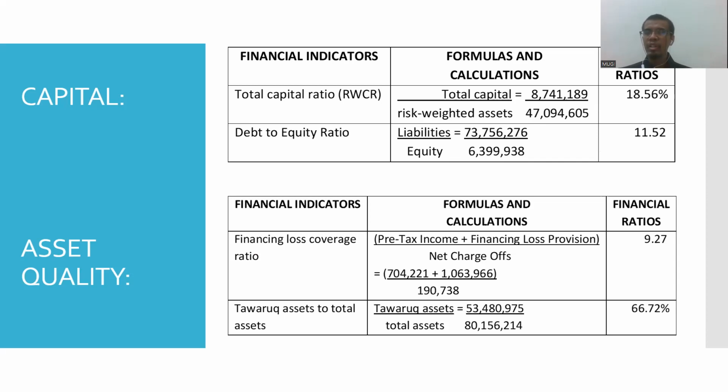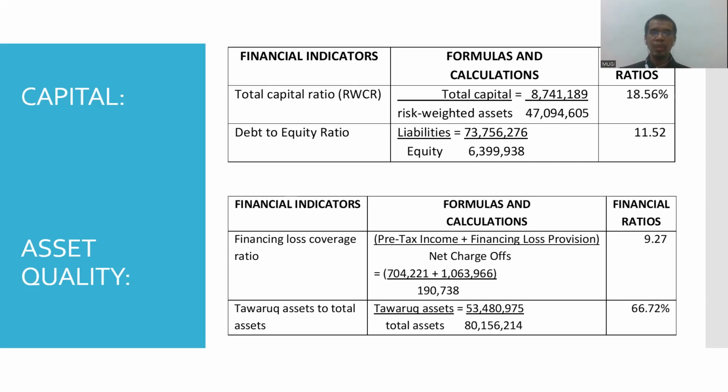It's quite low for the banking sector, because I believe in the banking sector the number is around 20 times or 25 times. So Bank Islam Malaysia Berhad is quite low. Okay, next we continue to